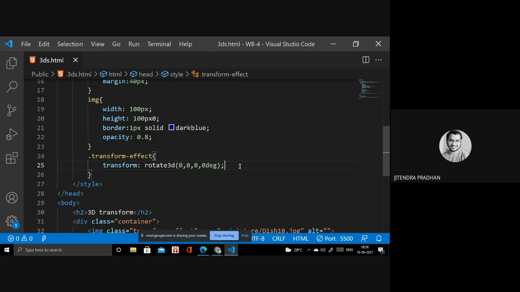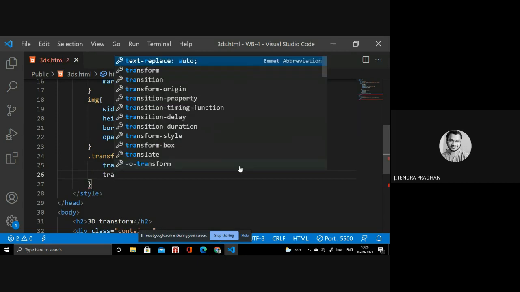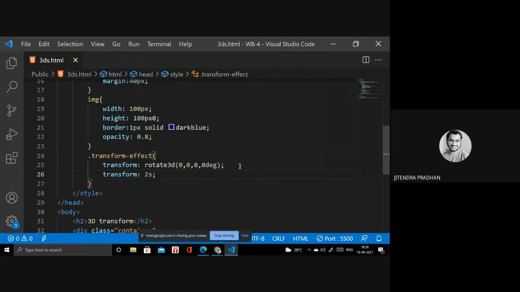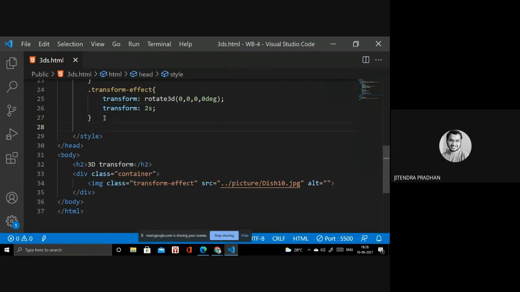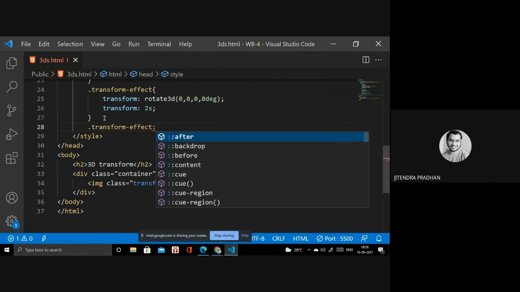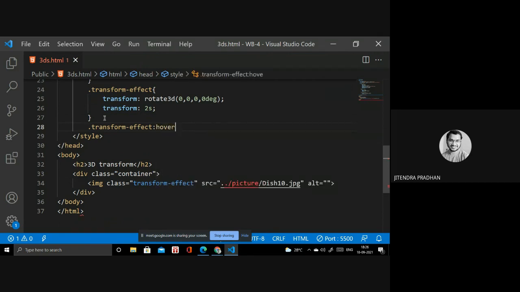So next we have to go, it's transition. Transition means it's like timing. So you have to give the transition effect like 2 seconds or 3 seconds, whatever. So next we have to write dot transform effect hover. Means when I hover on that particular image, it will show some effect.